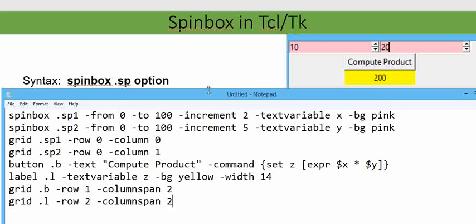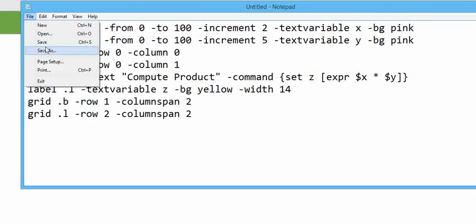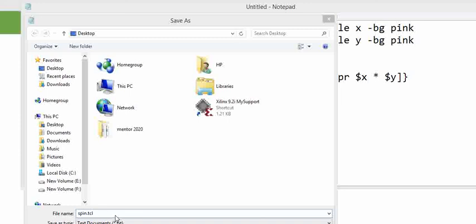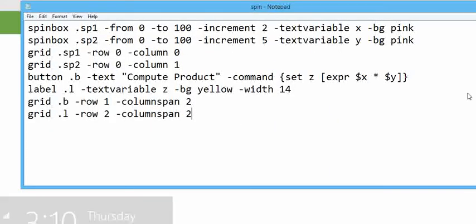Now this program must be saved with the extension TCL. So I am going to save it as spin.tcl. Save it, already exists, replace it. Okay, now open this window.